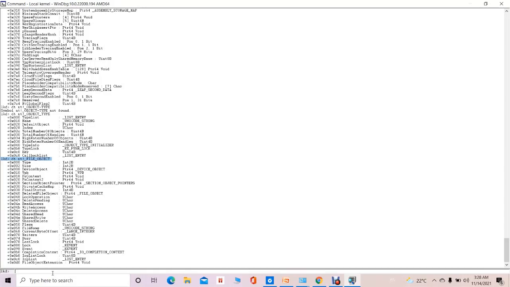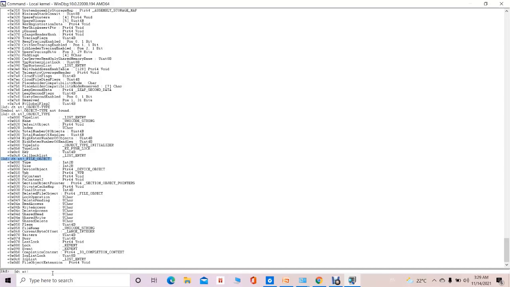Now another important structure is the one used to access the key object. Whenever a particular process is created in the volatile memory, that process may require certain key objects. How can we access those key objects? We can access them by using the cm underscore key underscore body structure. How we can access the structure of that key body, we'll discuss now.